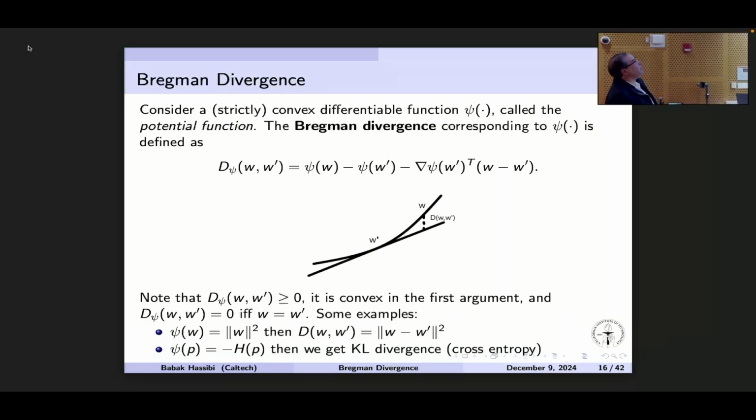So, I mean, not that W prime has to be close to W. The closer W prime is to 0, so if your convex potential had its minimum at 0, the tangent is just the all 0 thing, and so the Bregman divergence is the potential that you want. As you move away from 0, it departs. So for low noise, this is very close to actually what you want. If the noise term is bigger, it's something else.